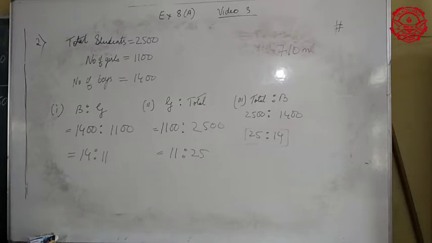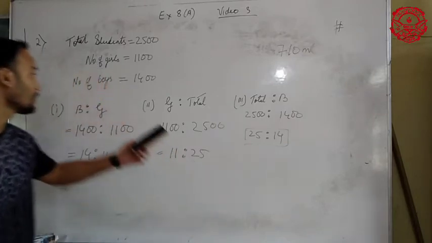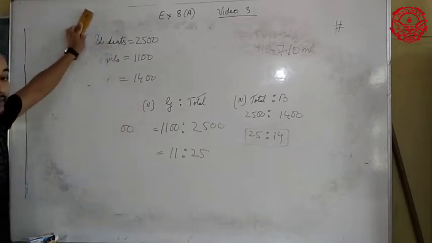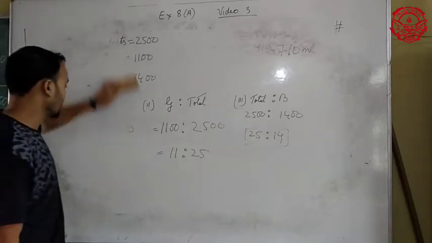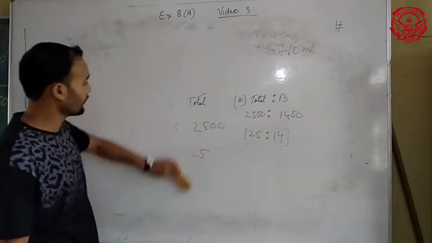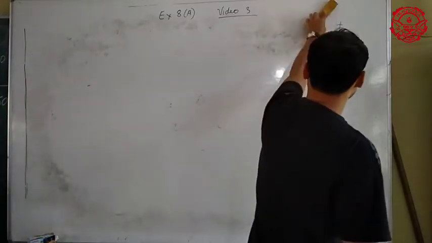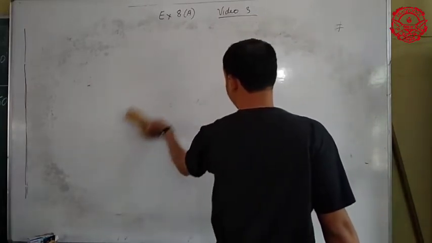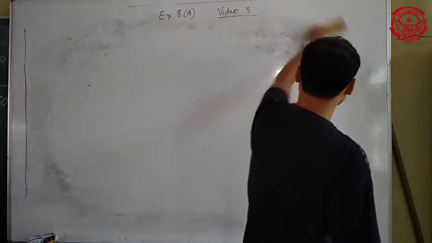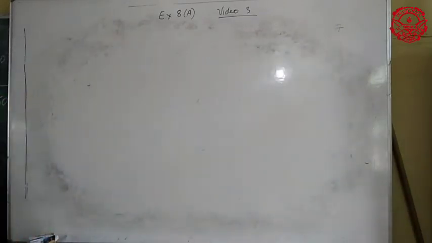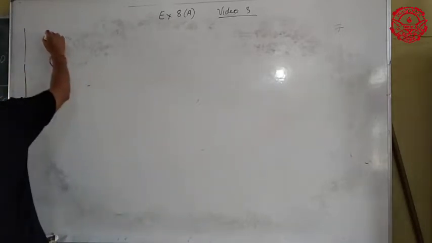Okay. Now come to question number 3. There is a particular diagram. They are discussing a particular plot, and in that plot there is some space for growing flowers and some space for growing grass. The question is asking us to calculate the ratio of flowers is to grass. Okay, I am drawing the diagram. This is question number 3.